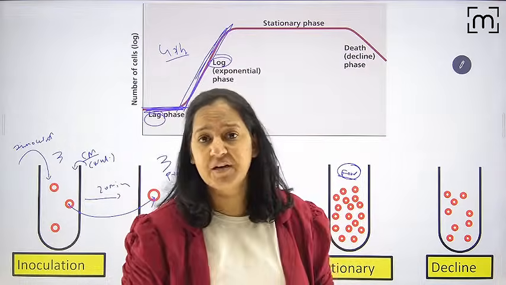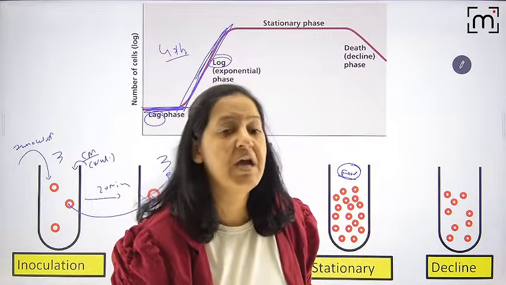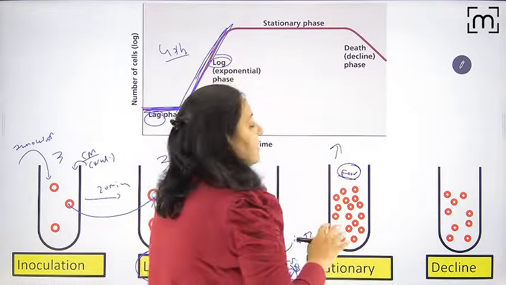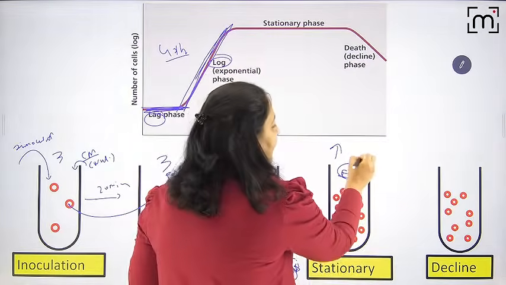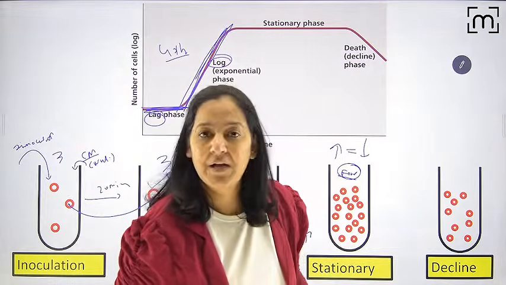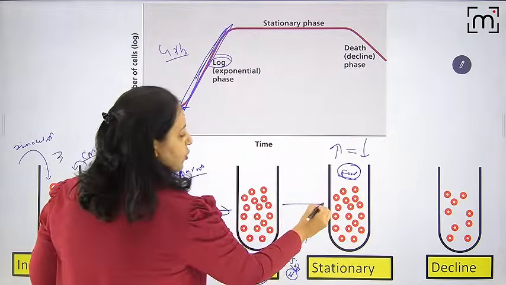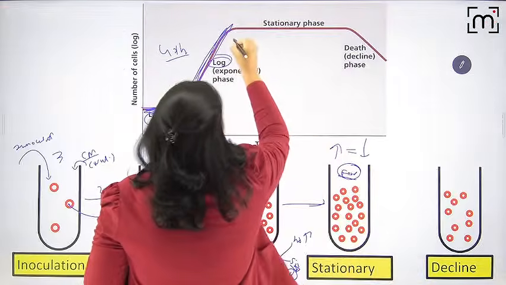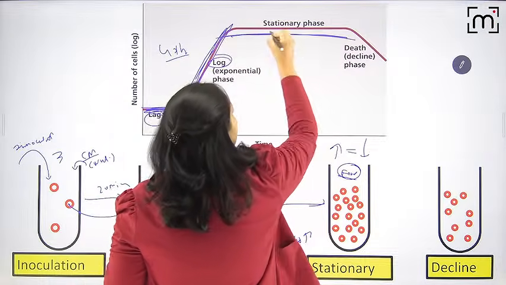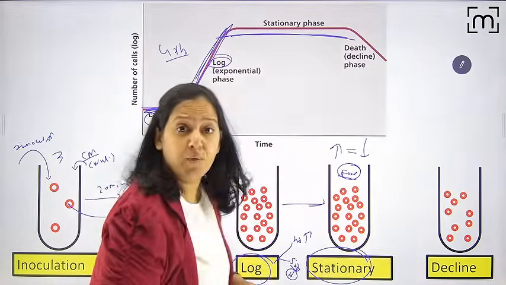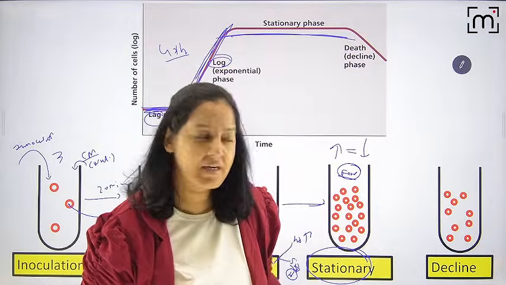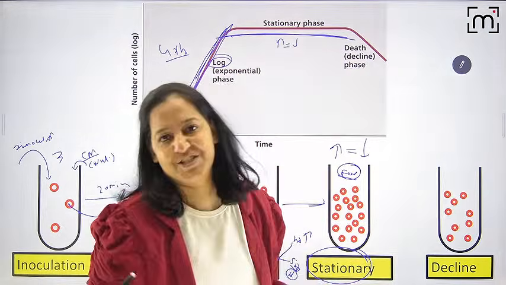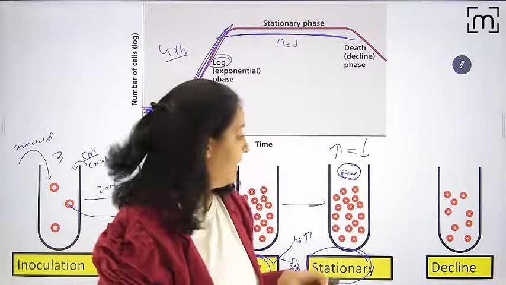So what will these bacteria do? They will fight with each other. Darwin's theory, survival of the fittest. The one who gets the food will divide. The one who does not get the food will die, and the numbers balance each other. So total number is constant. You can see the total number becomes constant. It is known as stationary phase, also known as plateau phase. Why is it constant? The number which is increasing, the same number is decreasing, and they balance each other because the food is limited.